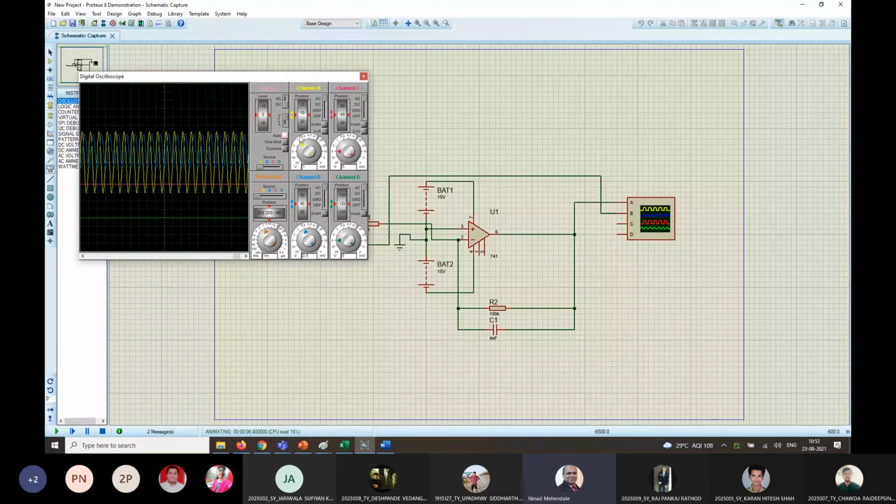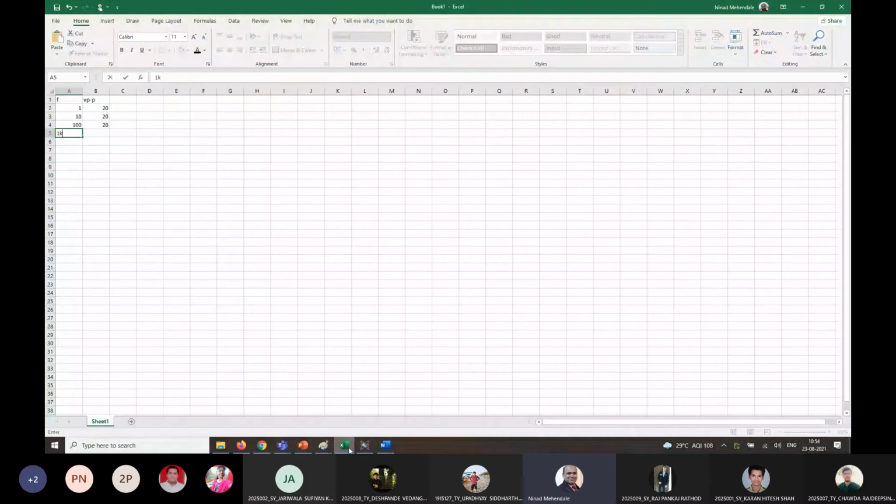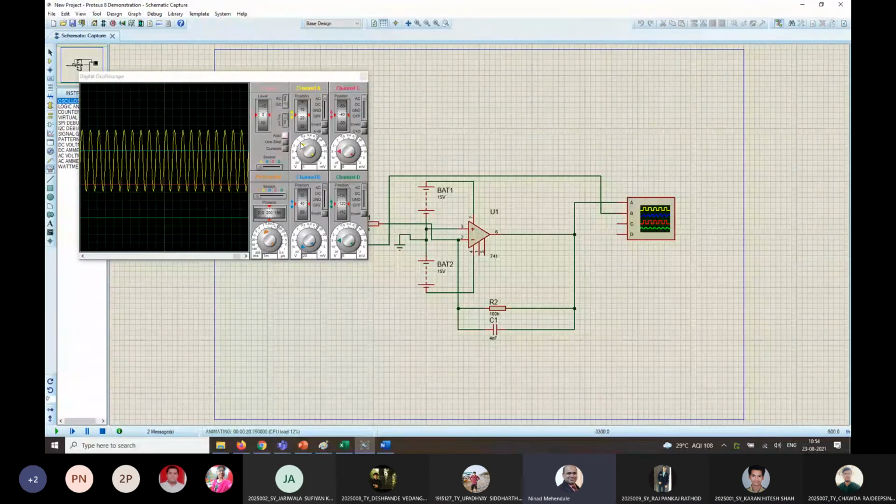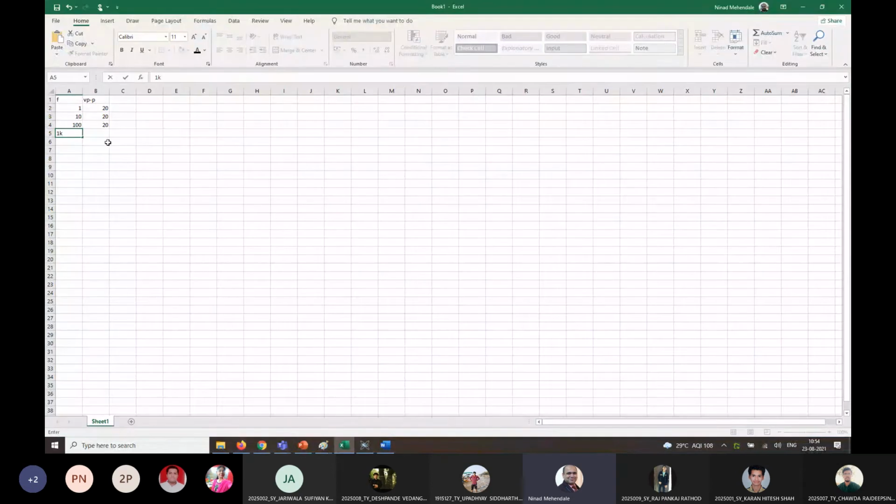Then align it to one of the axes. Let me just get rid of this blue line. So now you can measure 1 division, 2 divisions, 3, 4, 5, 6, 7, and above that there is, I guess, 3. So it is 7.3. And the volts per division now was on 1, so it becomes 7.3 volts. So just go to the Excel, write 7.3.